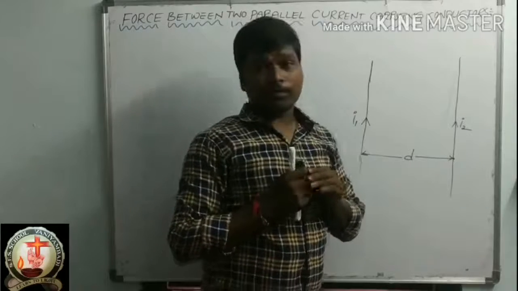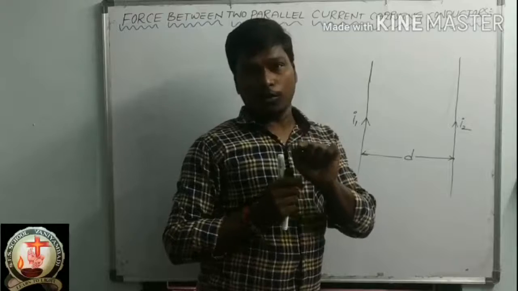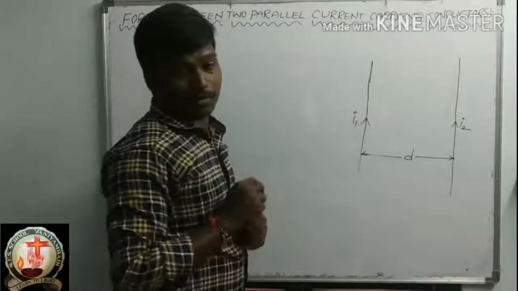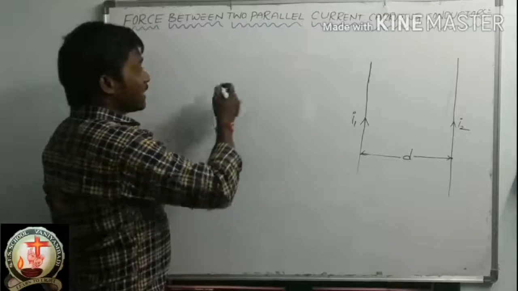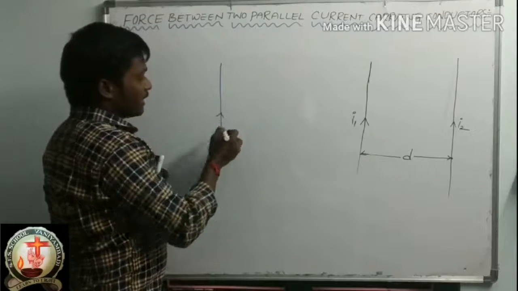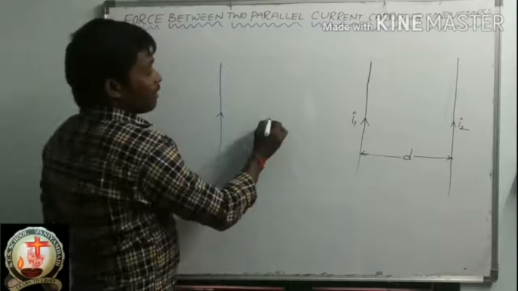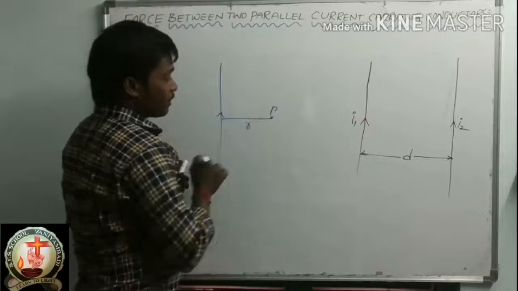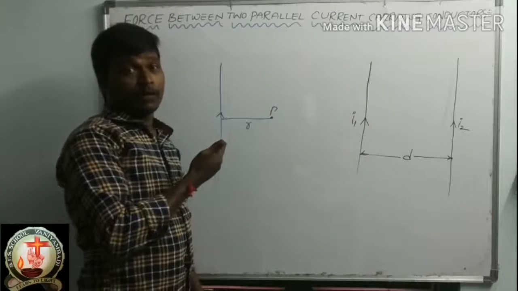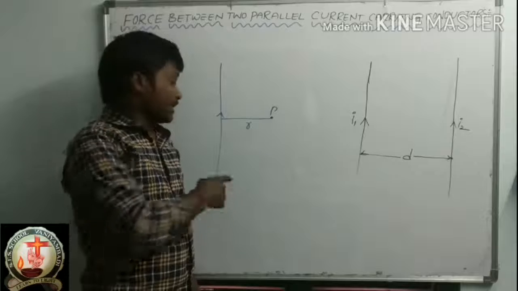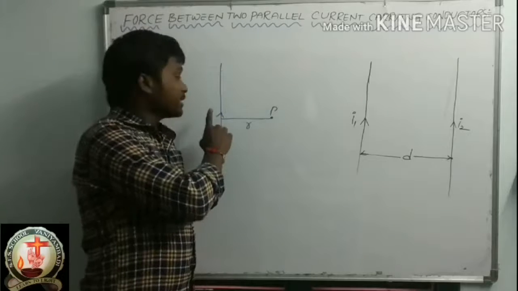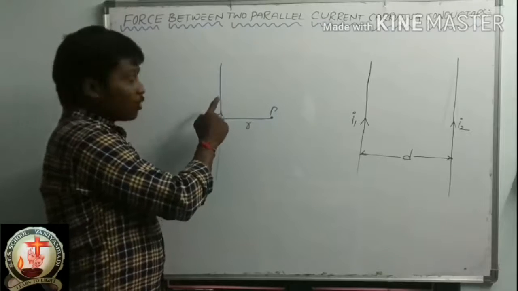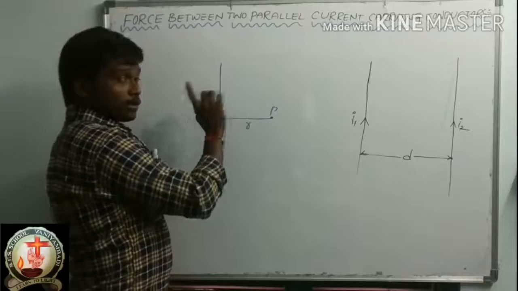I forgot one thing. You have to know one more point, just coming out of this topic for 1 minute. Suppose this is the current carrying conductor. I want to find the magnetic field at point P at a distance small r. Anybody remember this? We found 2-3 cases before. We know this current carrying conductor will produce a magnetic field around this region, correct?